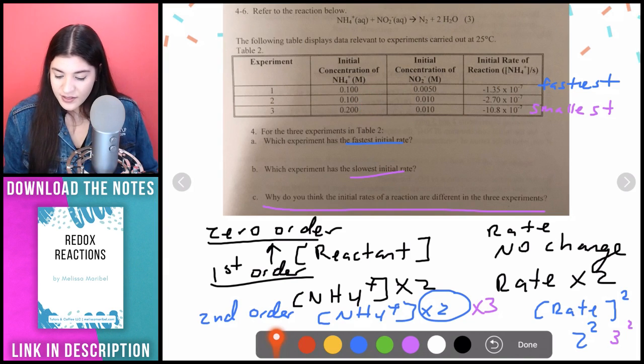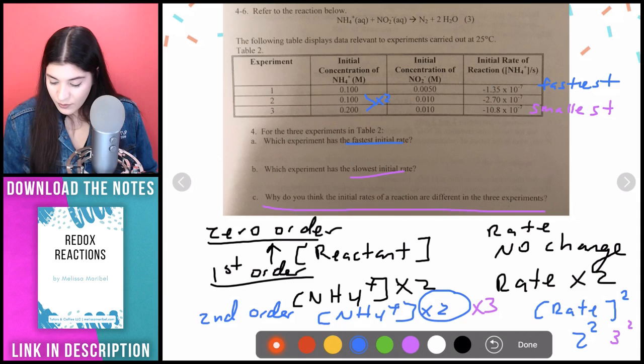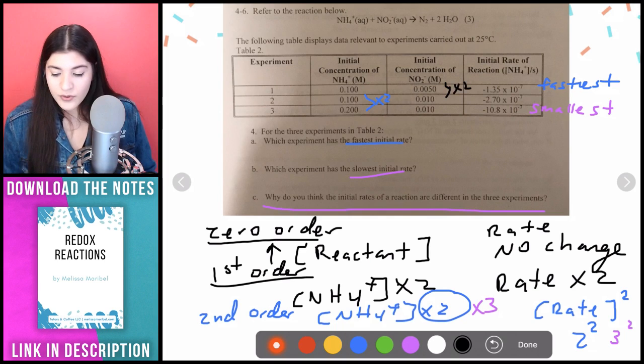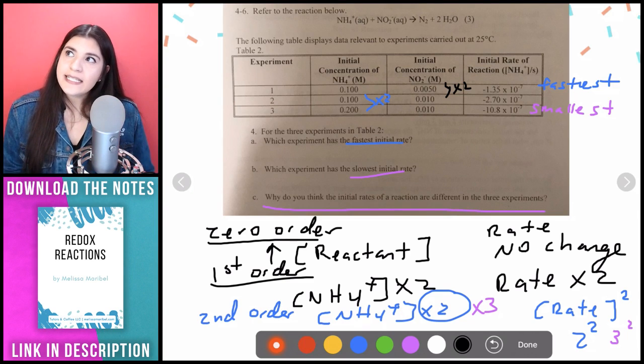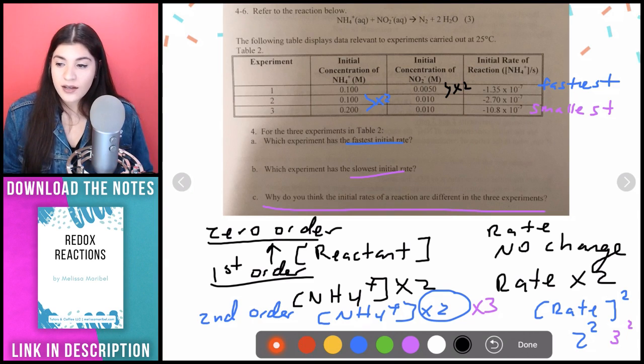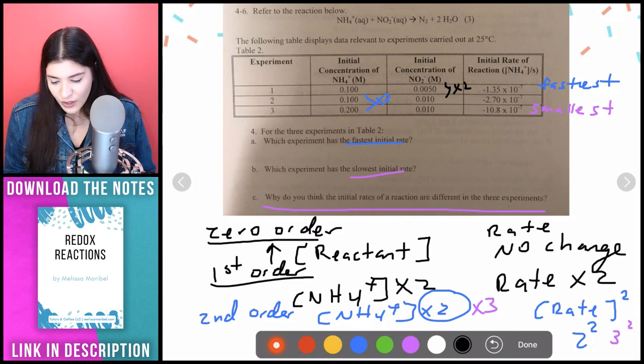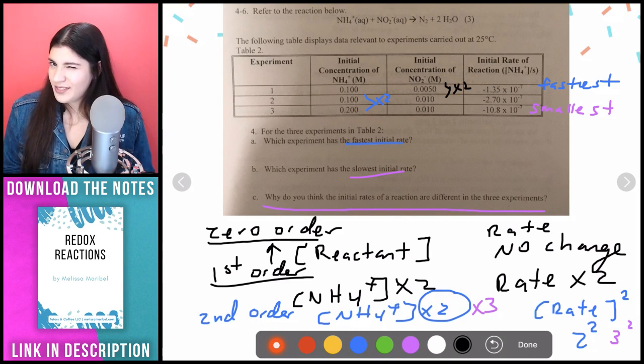And you're going to keep seeing that. Like this doubled. And then, I don't know how well you can see that, this also doubled. There it is. This also doubled, right? So that kind of ratio is going to really help you figure out whether this is zero, first, or second order. So that's essentially the whole concept of this.